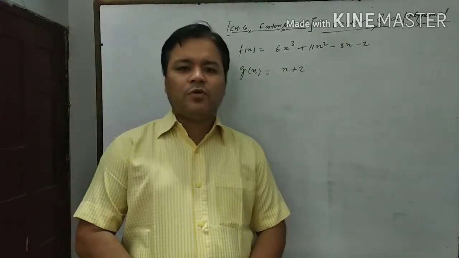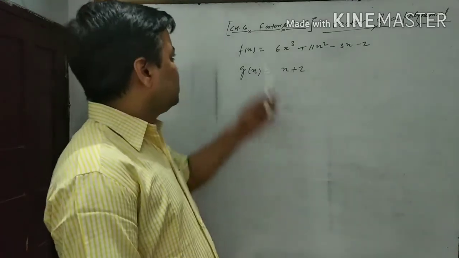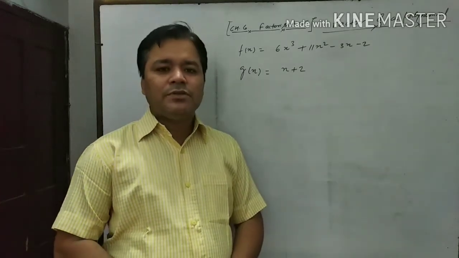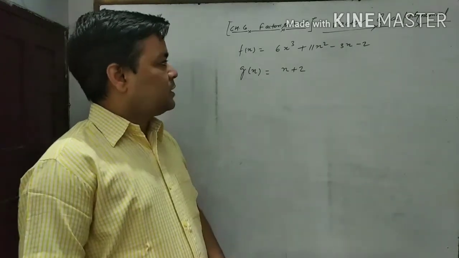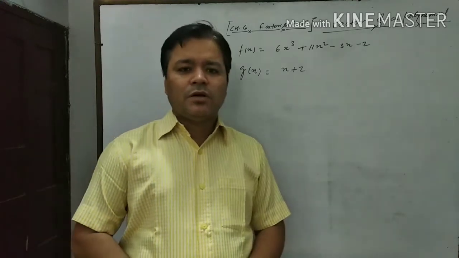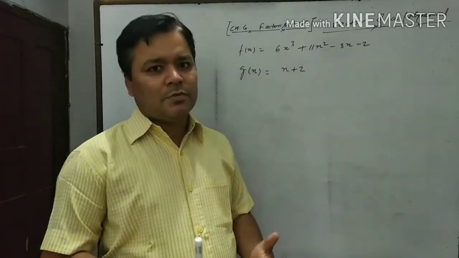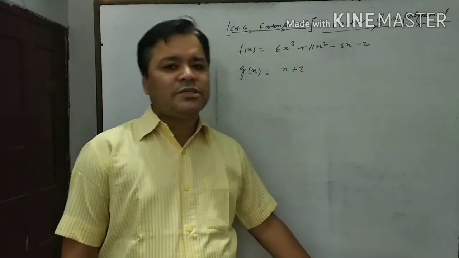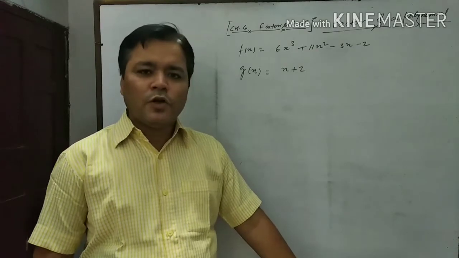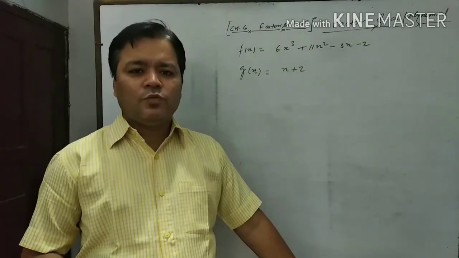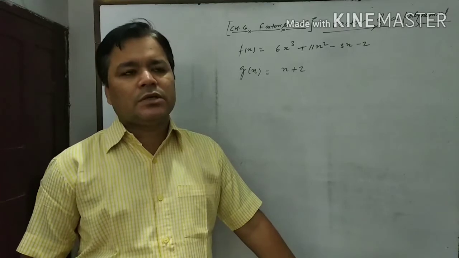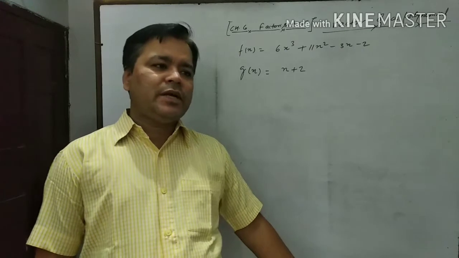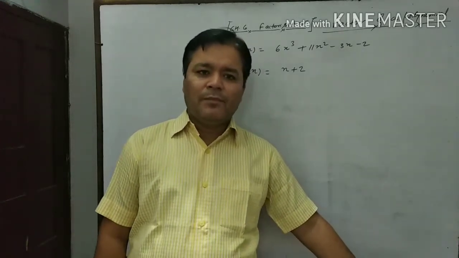As we are discussing factorization, chapter 6 in our introductory class, in the first class of the chapter we discussed the polynomial, the standard form of the polynomial, and the classification of polynomials on the basis of terms and on the basis of degree. Again, polynomial equation, equality of two polynomials, meaning what is the condition for two polynomials to be equal, and after that the division algorithm for a polynomial.